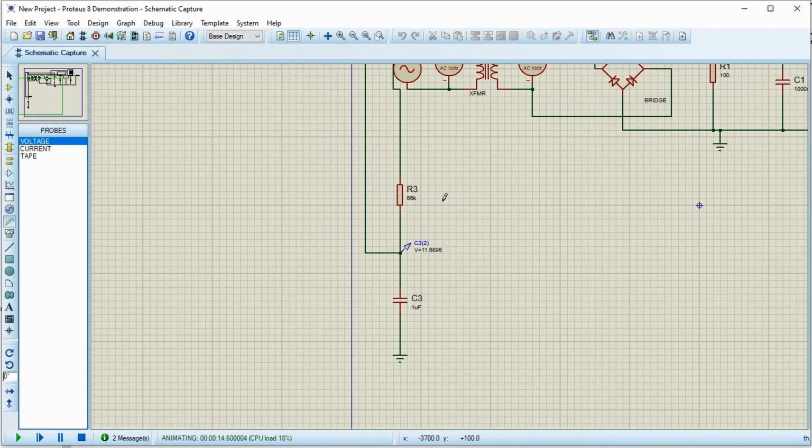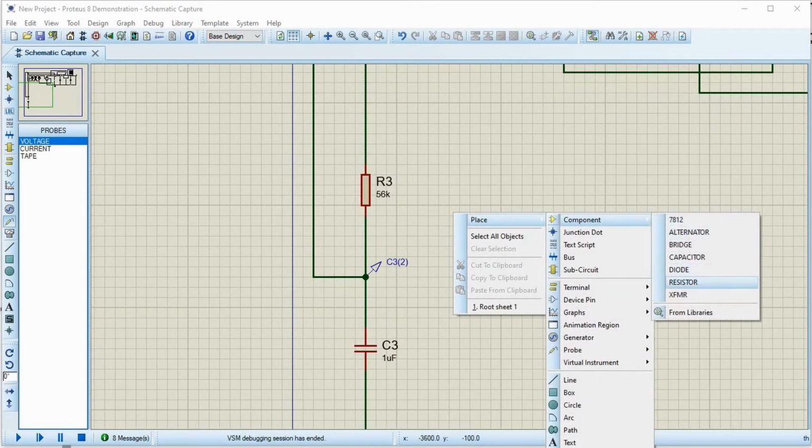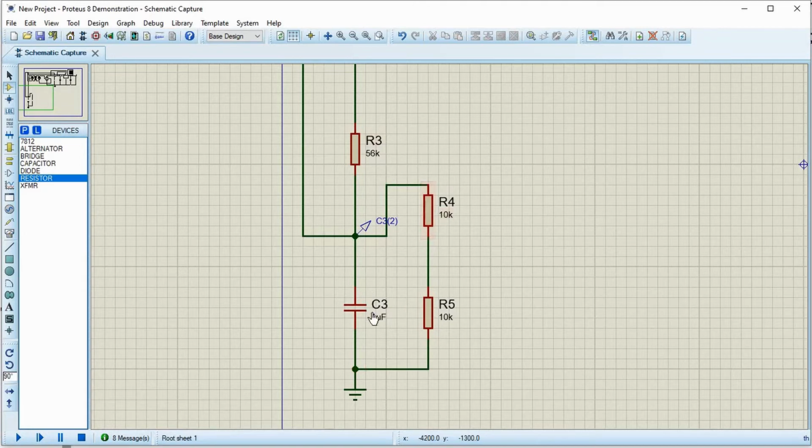I don't want this to happen. So what I want is, if my op amp is at 0 to 12 volts, I want the reference or this variable voltage to be somewhere in the middle. So what I'll do here is I'll put a potential divider. And the value of this potential resistor should be such that this should not affect this RC characteristic. So if I put 10k, it is definitely going to affect this RC characteristics. We can simulate it and see.